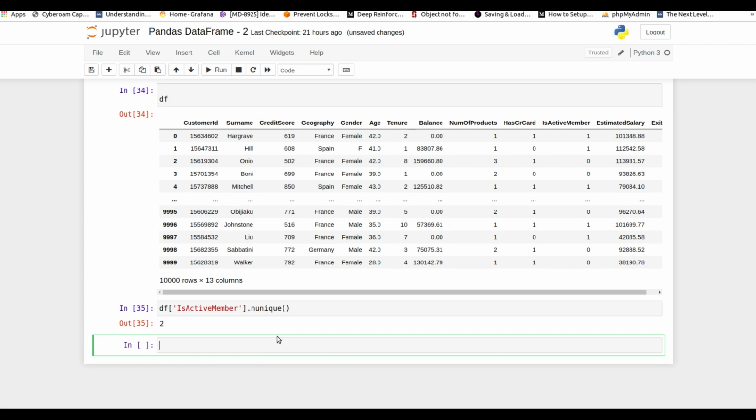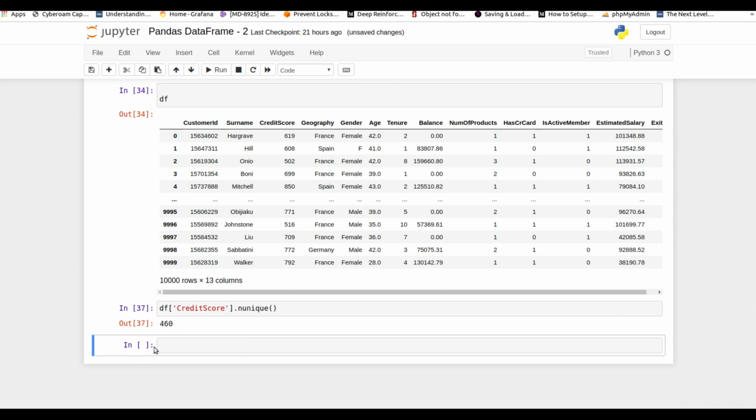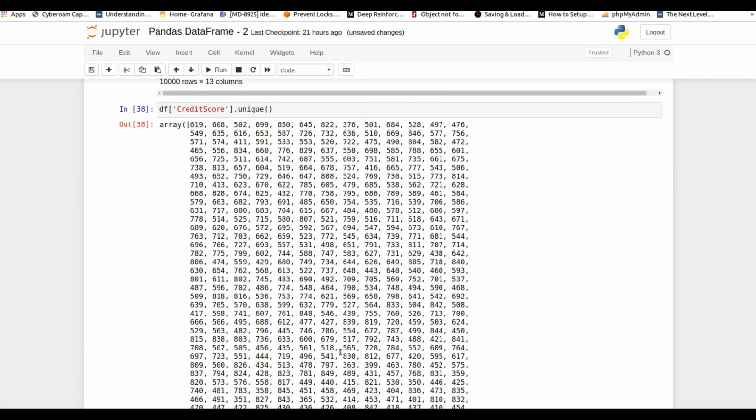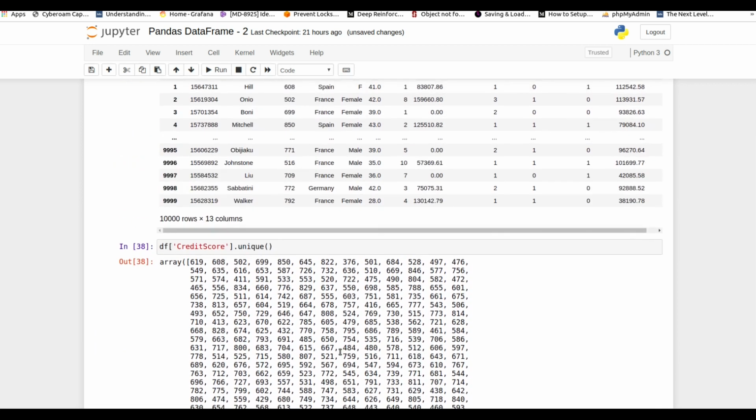It shows there are two distinct values, and if you want to see what these distinct values are, just remove the n and you will get an array with all the distinct values of the column. Let me show you with credit score. Here we have 460 distinct values, and these are all the 460 distinct values. So this is nunique and unique.